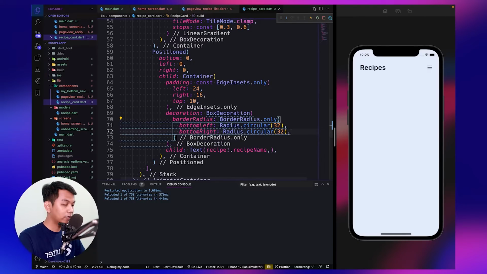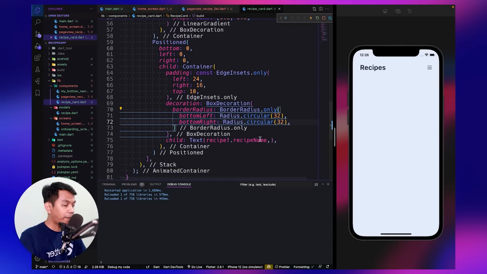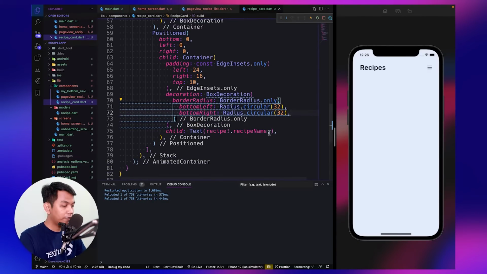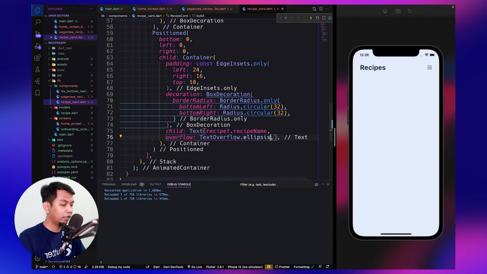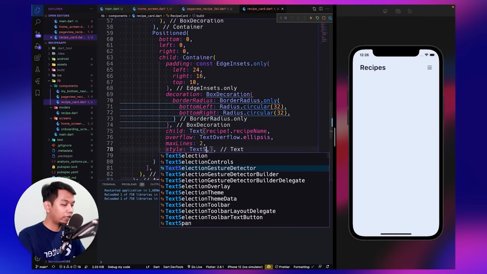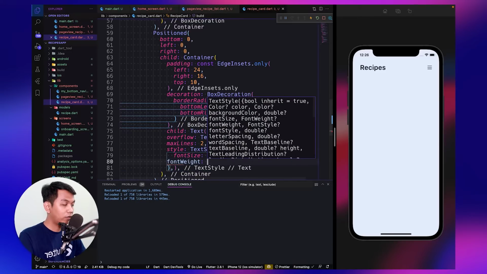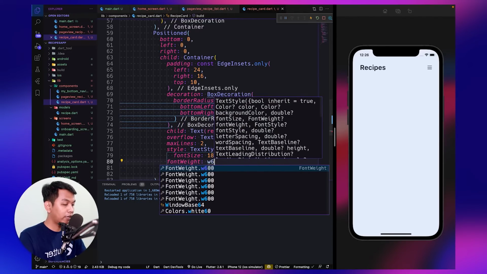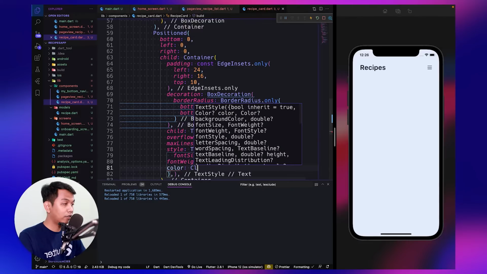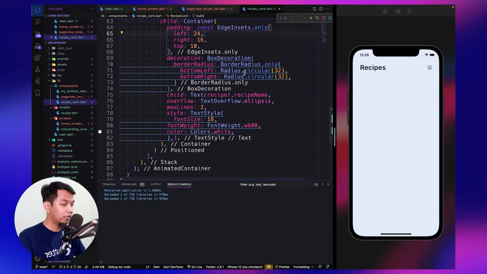Bottom right is similar. To avoid overflow, we set overflow to ellipsis, and max lines is just 2. For the style we use TextStyle, size 18, font weight 900, and color set to white, like this.